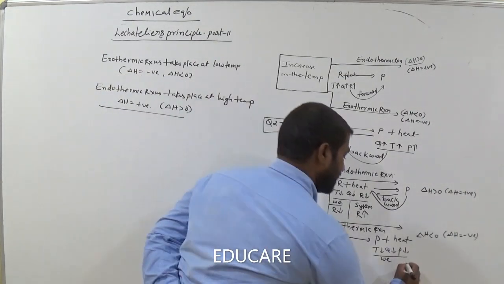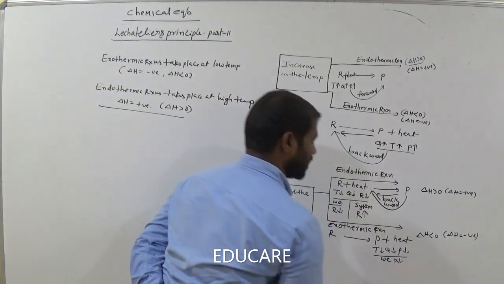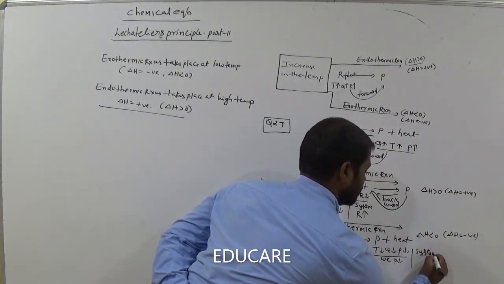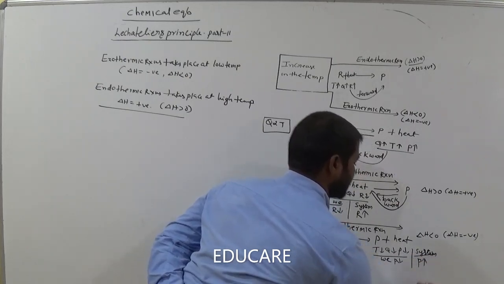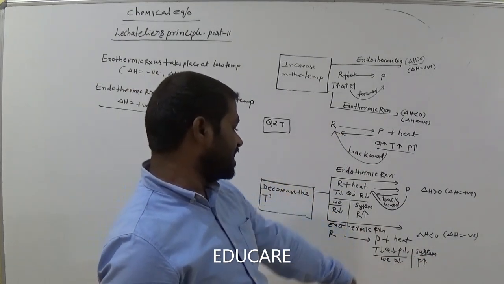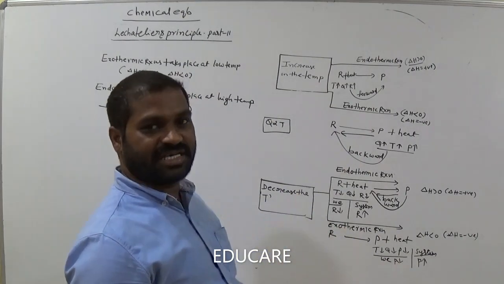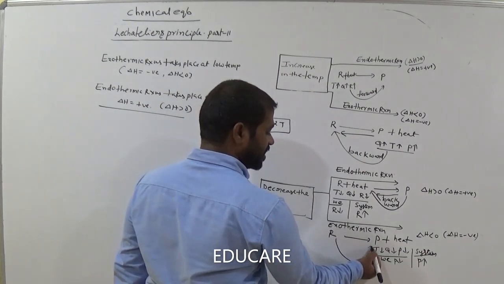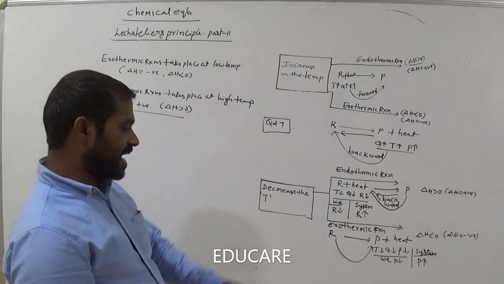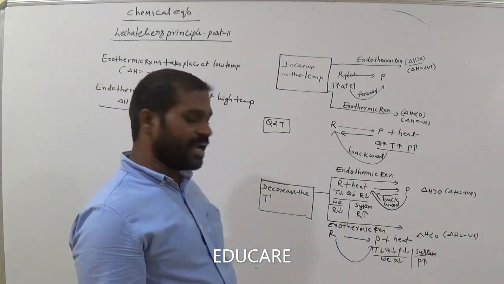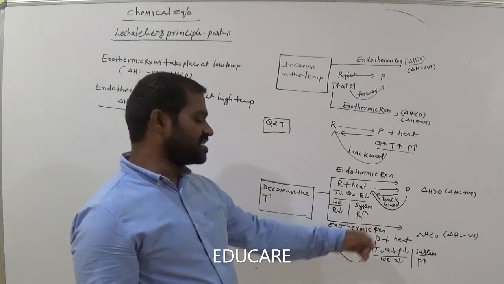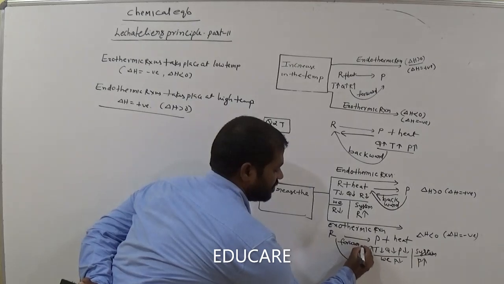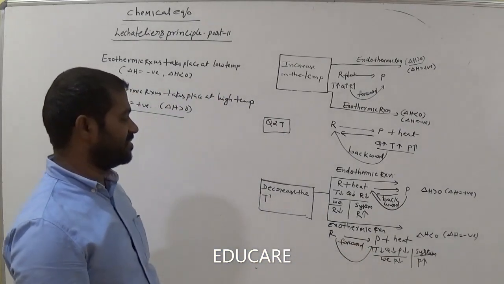Now we decrease the product concentration, so the system tries to increase the product concentration, am I right? How does it increase the product concentration? When reactants shift towards the product direction, reactants move towards product, then the product concentration increases. That means which direction is it? Forward direction. Is it clear, all of you?